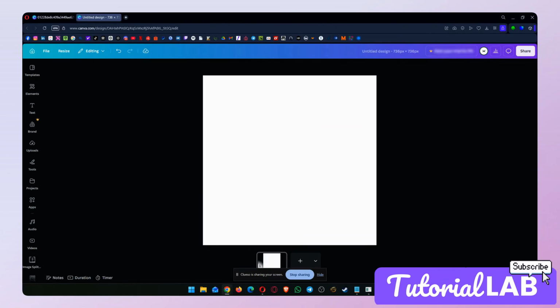Hi everyone. In today's tutorial, we will show you how to create a reverse logo in Canva. This is a great way to adapt your logo for different backgrounds, especially dark or colorful designs. Let's get started. On your Canva dashboard, to create a reverse logo, the first thing we need to do is